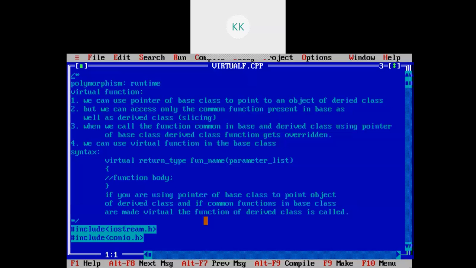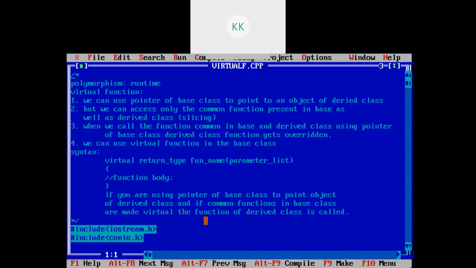Both of these topics are very important, virtual function as well as inheritance. In every year's question paper, an example of virtual function and the definition of virtual function is asked. So you need to remember virtual function is a type of runtime polymorphism.